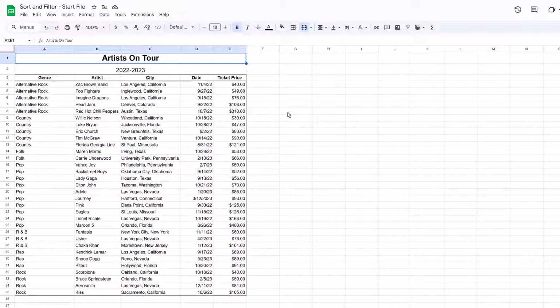Let's move on to using the filter tool. This allows us to limit what we see on our sheet without deleting any of the actual content. For example, let's say we wanted to see only the concerts from a specific genre. To do this, let's select the data along with the headers and click on the little arrow next to the